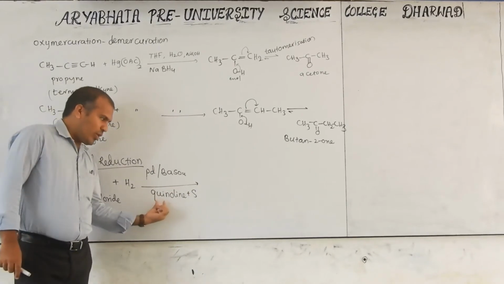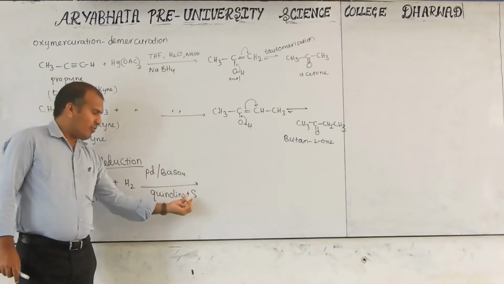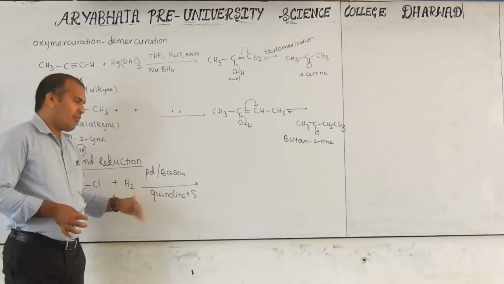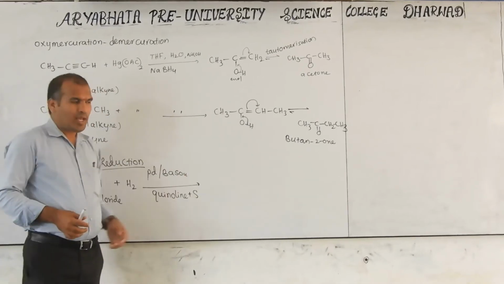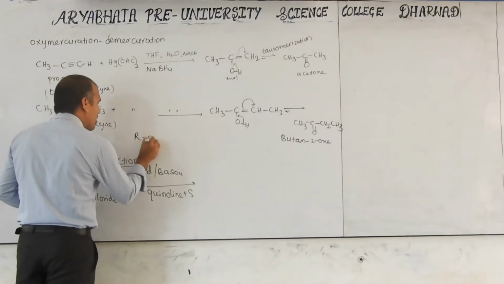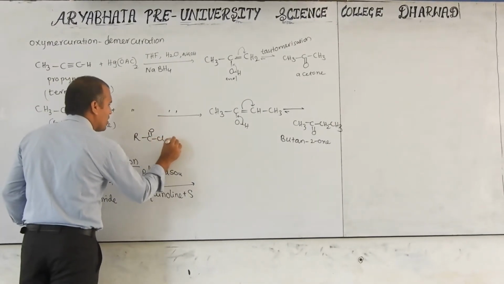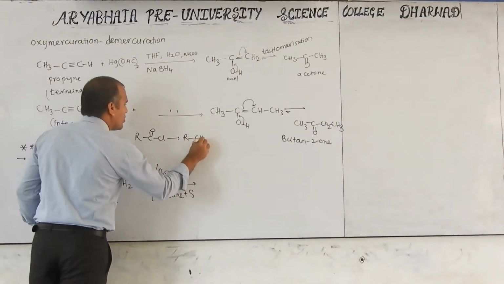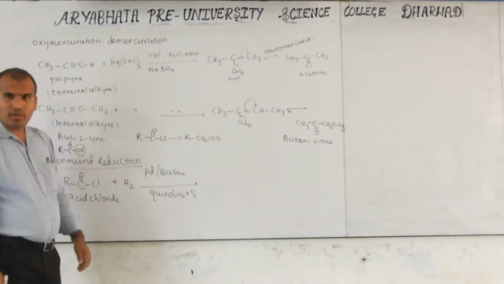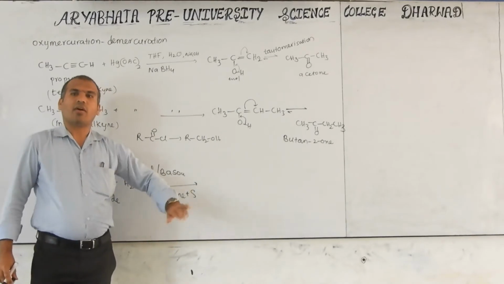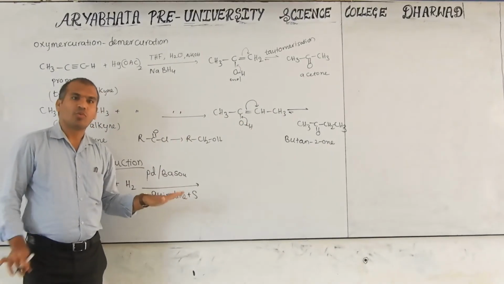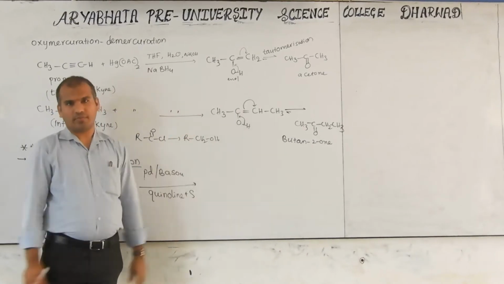Now in the example, xylene plus sulfur. If you add sulfur, it is a better poison. A better poison means it is not reducing further. Actually, if you study in the alcohol chapter, C double bond O will convert into RCH2OH in the presence of a reducing agent. But here it stops at the aldehyde only. The aldehyde will not turn into alcohol. Why are we poisoning here? To stop further reduction.